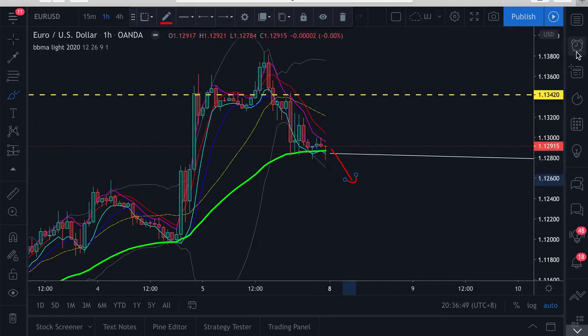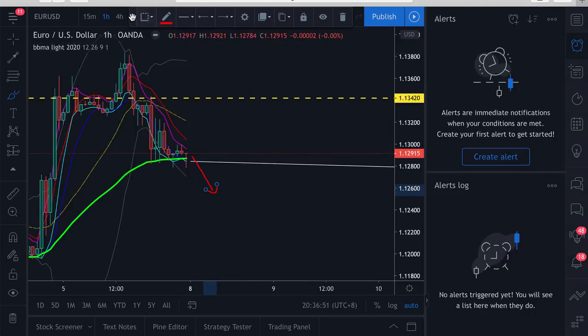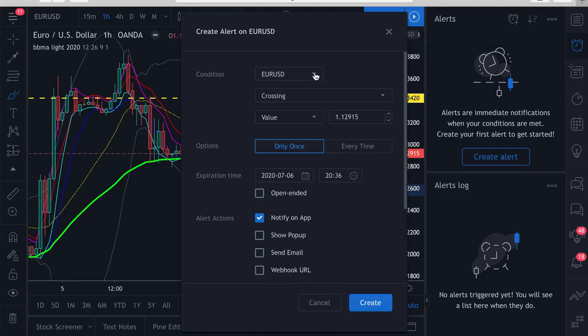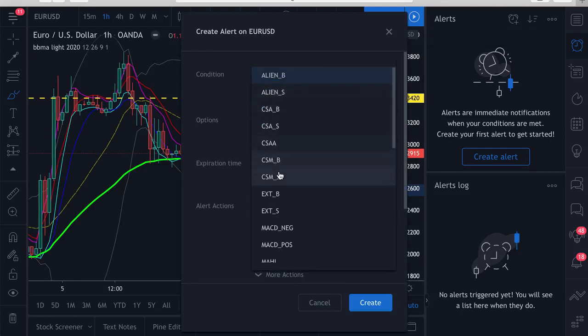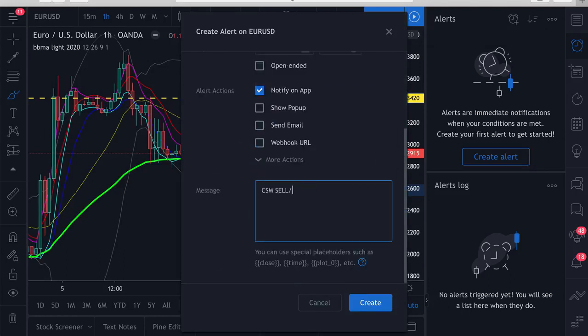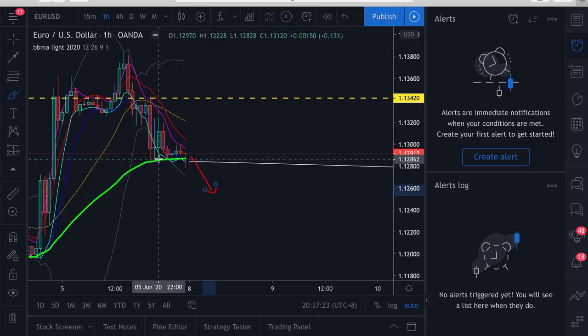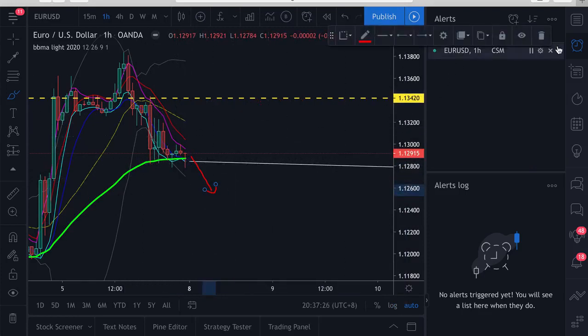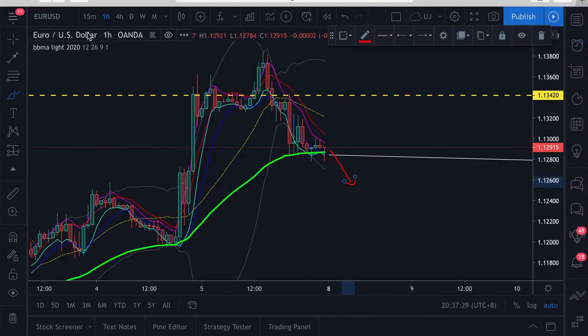So for that, we want to set an alert on EURUSD using our custom indicator. You want to look for CSM sell, and we want to ensure that we see EMA 50 and CSAK on H4. Okay, so you want to see the CSM sell happen here, and you want to see CSAK on H4. So that will be our first alert for this week. Okay, next pair,